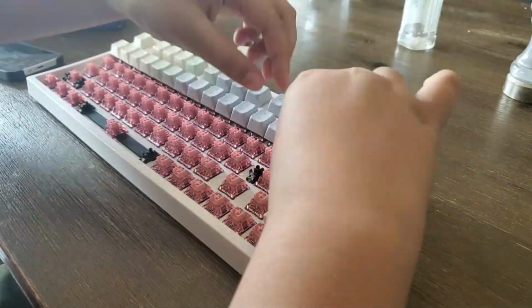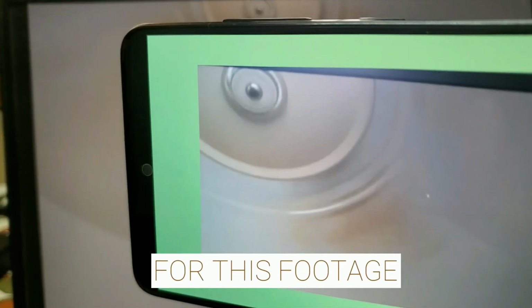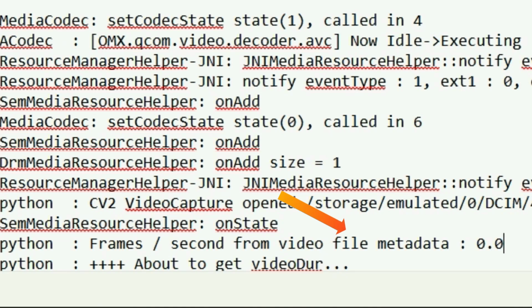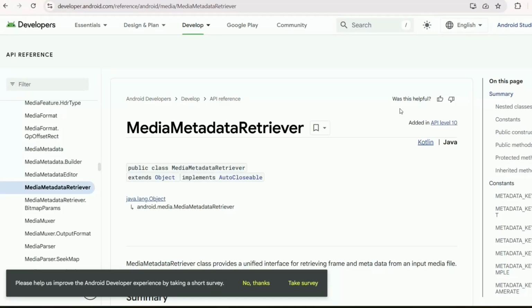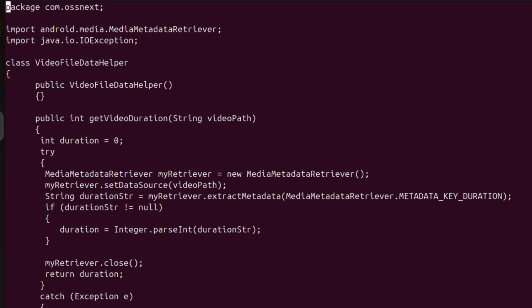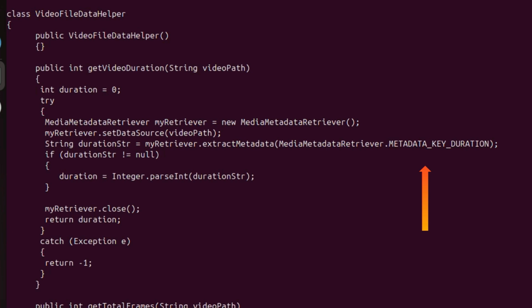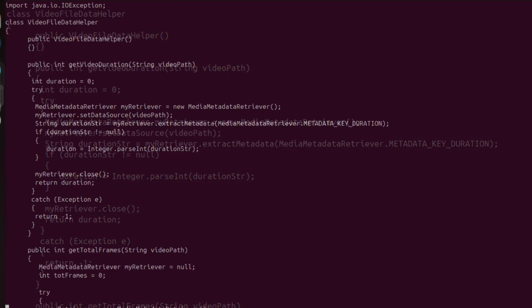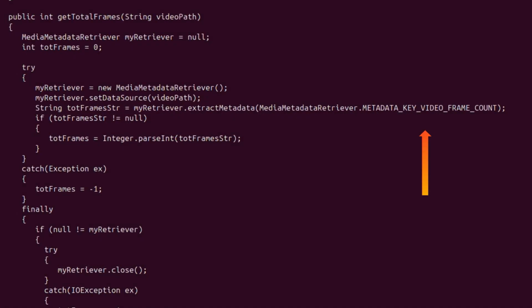video processing and gaming, even though OpenCV does not appear to provide the frame rate value correctly in Kivy Python-for-Android. I use the Java class MediaMetadataRetriever from the package android.media. The method extract metadata of this class obtains the length or time duration of the video by querying the parameter metadata_key_duration. Similarly, it extracts the total number of frames in the recorded video with parameter